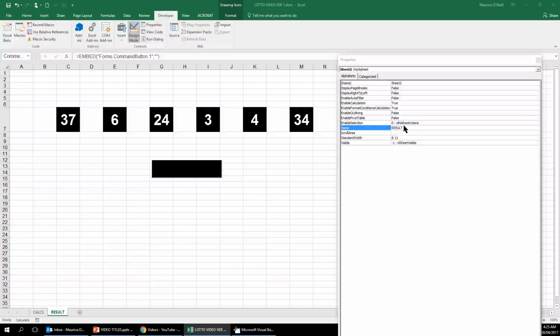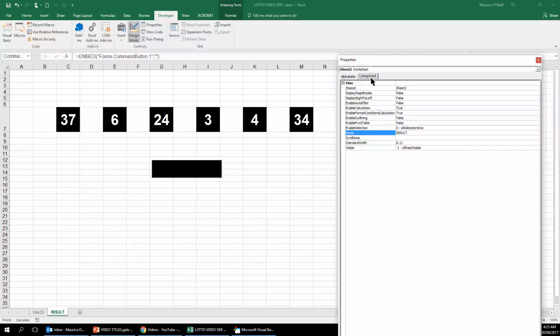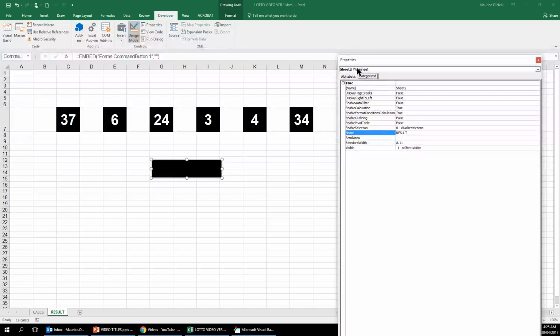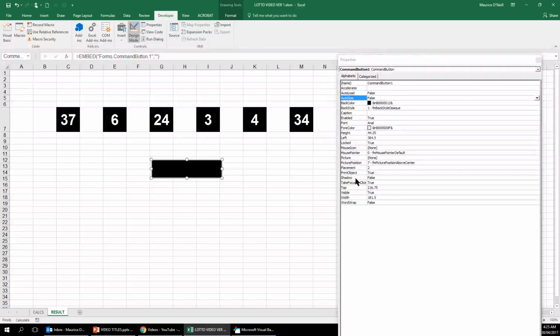So you can type it in here, which wasn't quite what I wanted. Oh, I've clicked down to there. I want to go to there and categorized. What the hell's happened here now? Oh, that's better. And yeah, the caption,